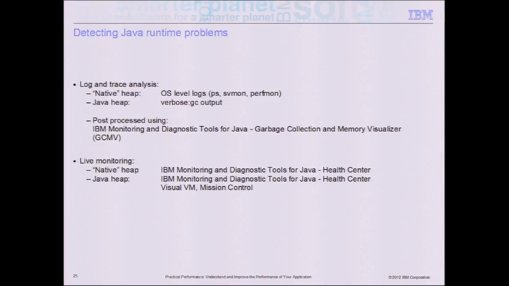everything that's going on. So it will tell you how much time you're spending in GC. It will tell you what your longest pause time is. And it will use that to try and highlight problems in your system. So if it thinks you don't have a large enough Java heap, it will tell you that. So GCMV will do this all for you, and it will also do it for the native memory, that